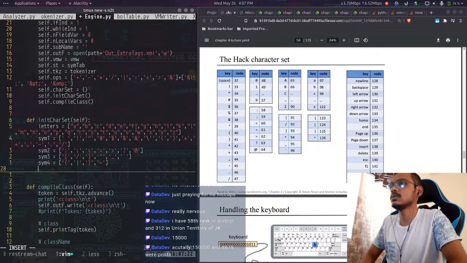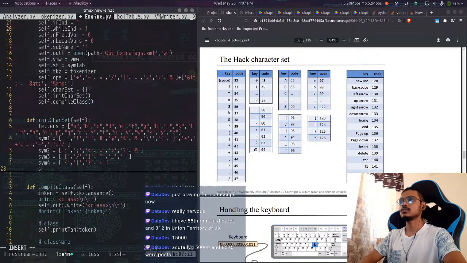Okay, let's now append these values to the character set. So for L in letters, self dot character set append L equal to